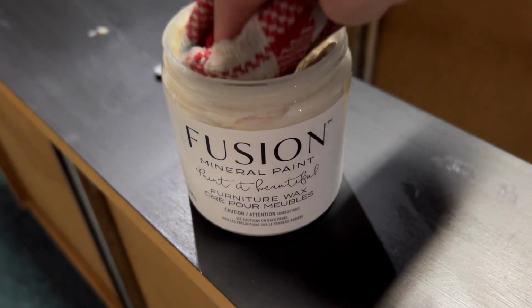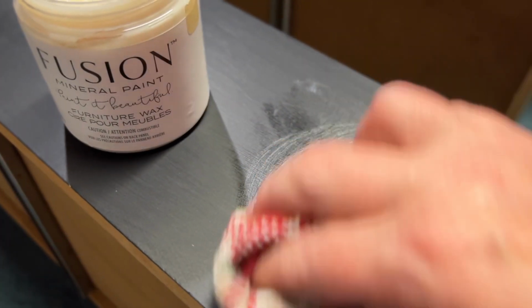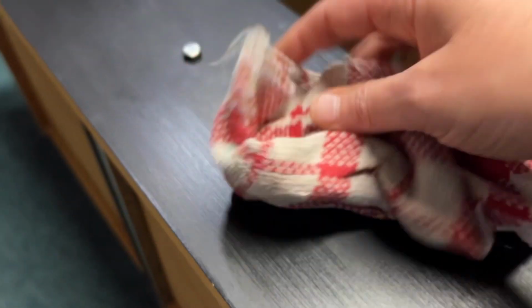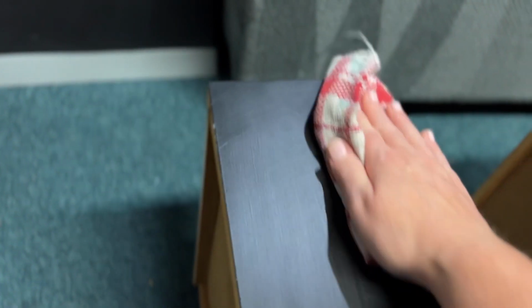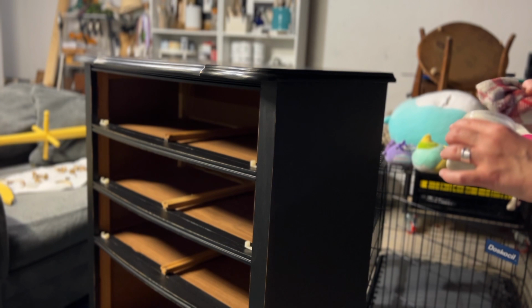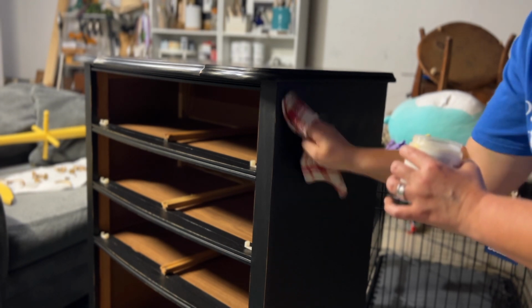Now, this is the product that I was talking to you about that's new to me, and it is Fusion Mineral Paints Wax. Now, remember what I said, that this paint is a one and done kind of paint where it has the primer, the color, and the top coat embedded into the paint, and you really don't need to do a top coat. I wanted to give this dresser a little bit more added protection, and I think it needed a little bit more shine. I did not want high gloss, but I still wanted a little bit of shine just to give this black dresser some dimension. Otherwise, it would have been just a really flat